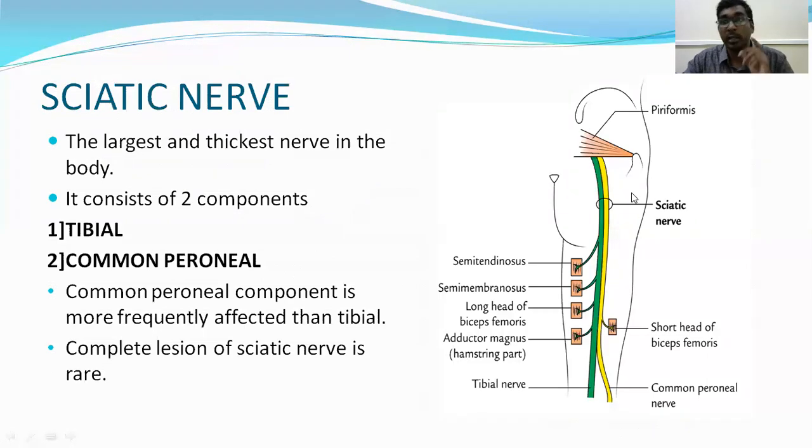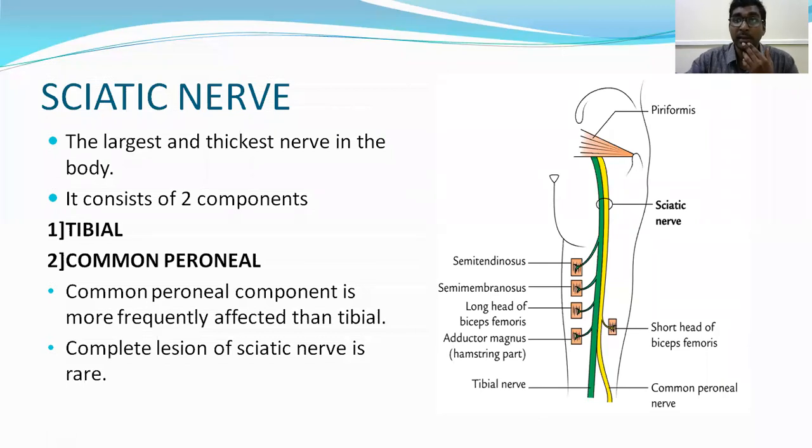The only nerve I am going to discuss in the lower limb is the sciatic nerve. The sciatic nerve is one of the largest and thickest nerves. You may have seen it in dissection. This thickness is present. The sciatic nerve exits just below the piriformis muscle here, and mainly has two components: the tibial component and the common peroneal component. The common peroneal component is more superficial, and the tibial component is present deeper. It is a little bit difficult to damage.